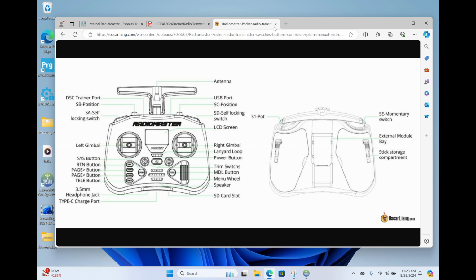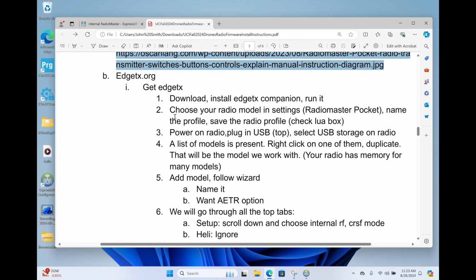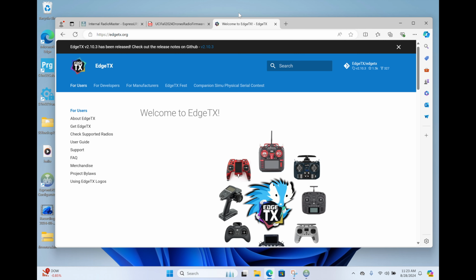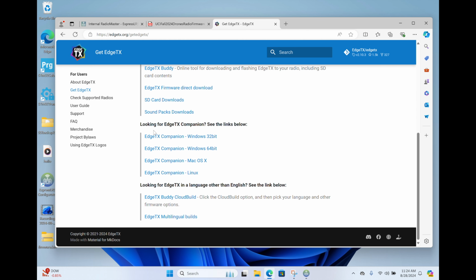So I'm going to show you how to configure that for our particular drone to get it in the air. We need another piece of software from EdgeTX, which is EdgeTX Companion. Now, you can configure the radio from its front panel, but it's much more convenient to configure it with this piece of software called EdgeTX Companion. So let's get that. Get EdgeTX, and we want to get EdgeTX Companion, Windows 64-bit. So let's get that software